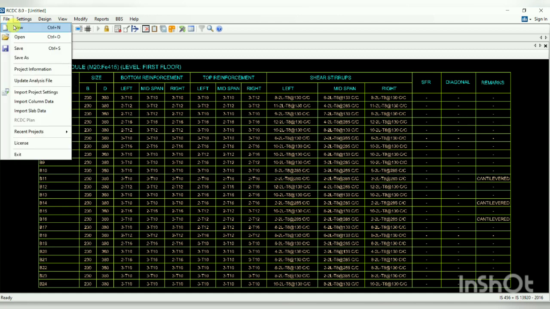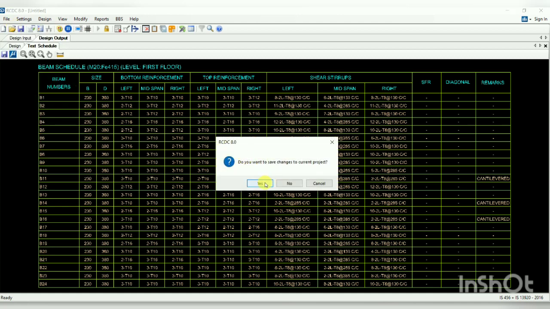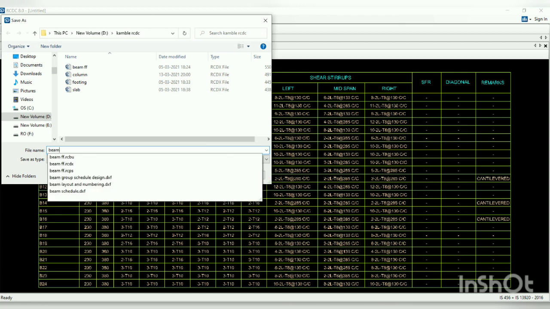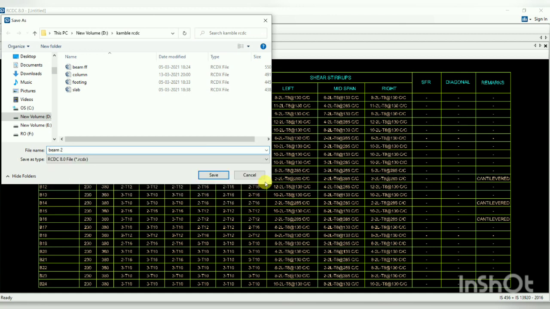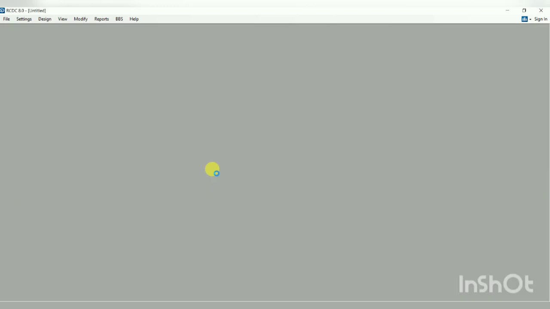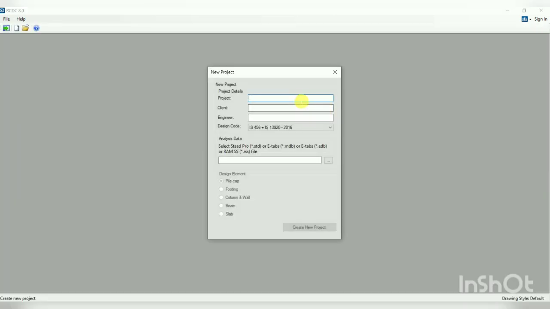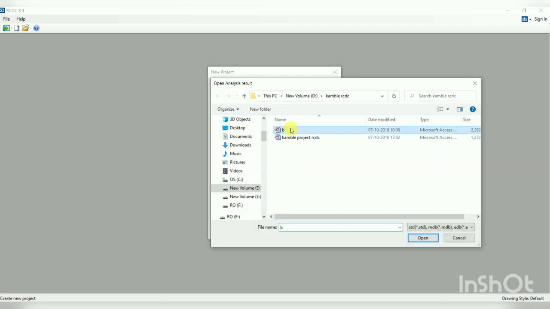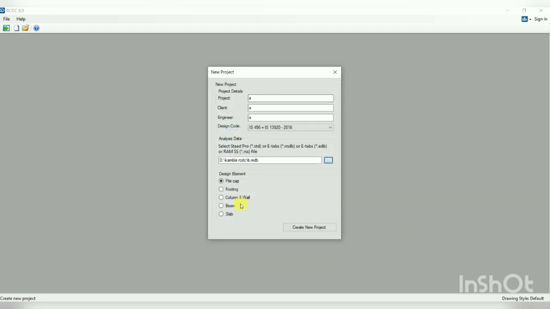And for file, now go to file, save this project. Now if you want to design the slab, again go to same file and go to slab.